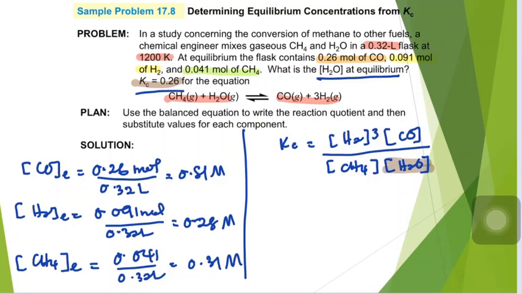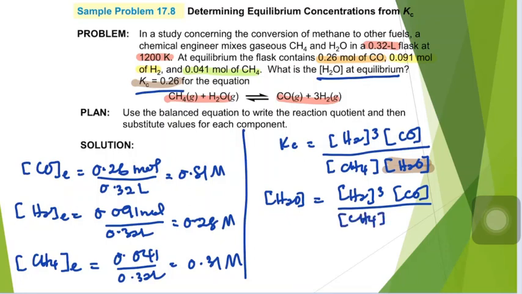So we want to calculate the concentration of H2O, so make it the subject. The H2O concentration at the equilibrium is equal to H2 power of 3, CO power of 1, over CH4 power of 1, Kc,